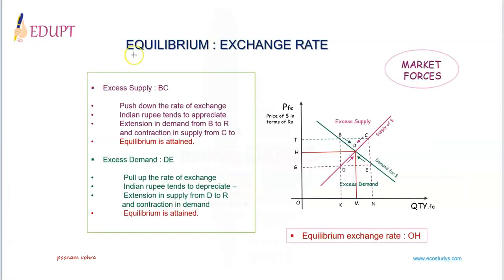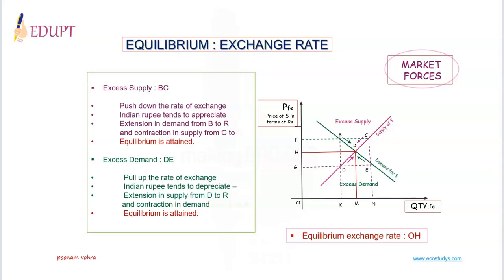Let us understand the process of the determination of equilibrium exchange rate. The exchange rate gets decided by the market forces of demand and supply. Let us have a look at the diagram. As we have understood earlier also, quantity demanded and supplied of foreign exchange is taken on the x-axis, and price of foreign exchange in terms of rupees is taken on the